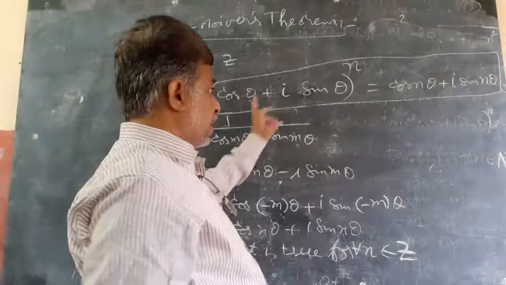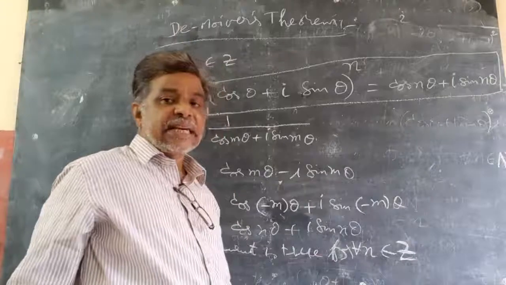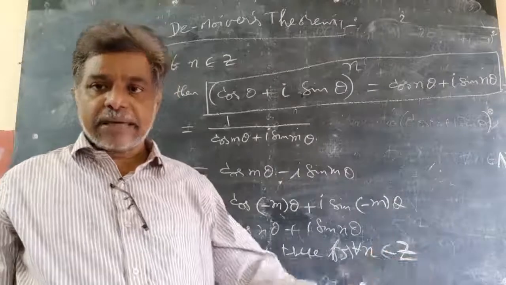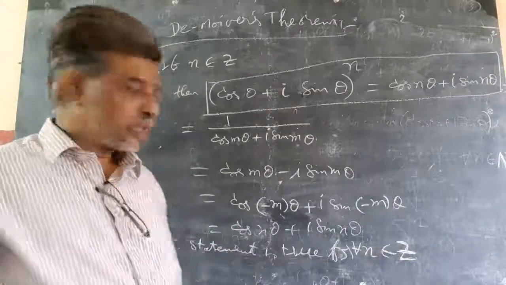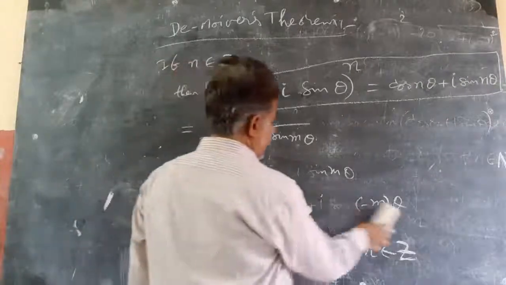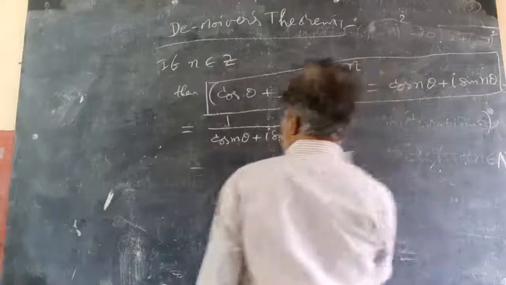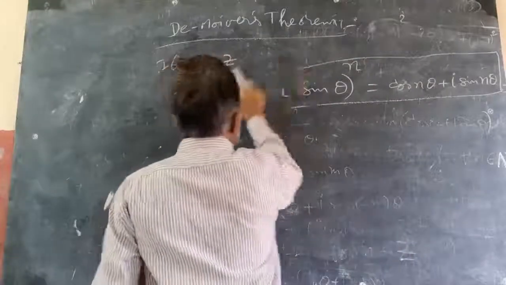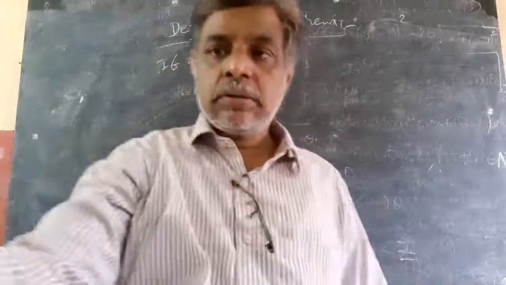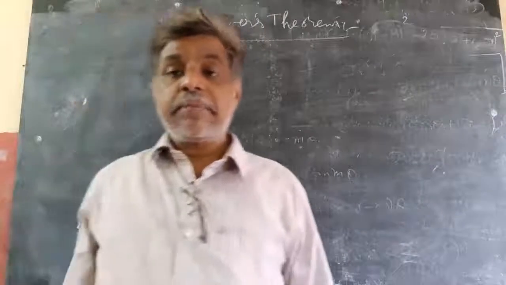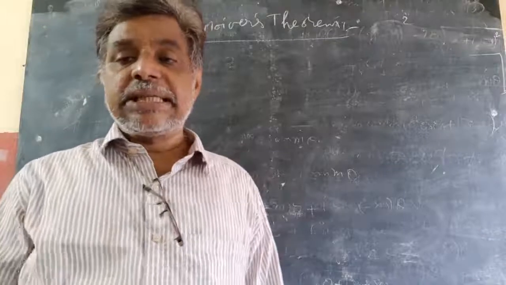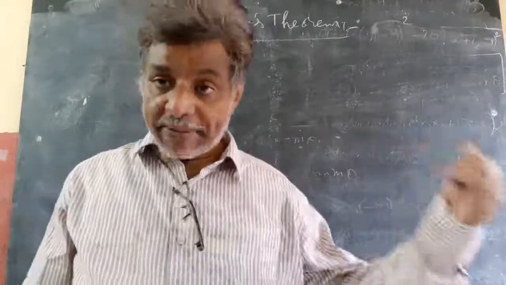Next, if n is not an integer, if n is a rational number, then what to do? Otherwise, we can say 1 by n. How to do it? First, we will write the nth root, then we will discuss the next root, the number m by n or p by n. Nth roots of a complex number in polar form is nothing but cos theta plus i sin theta whole power 1 by n.